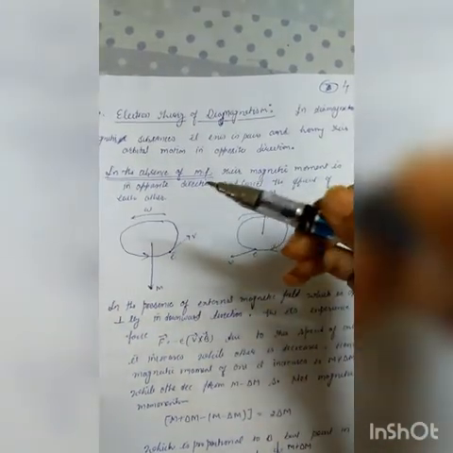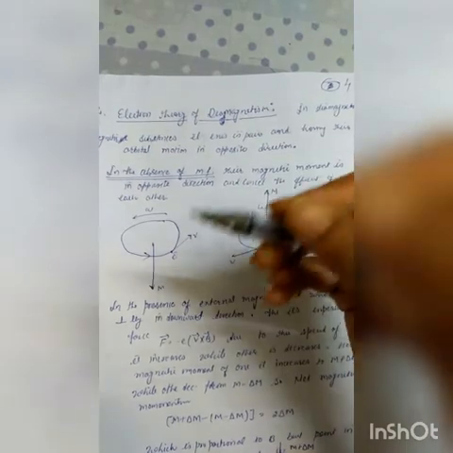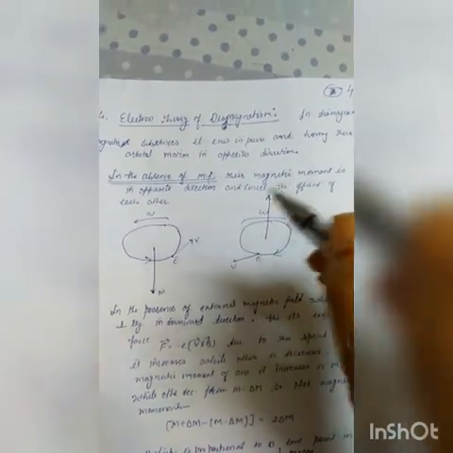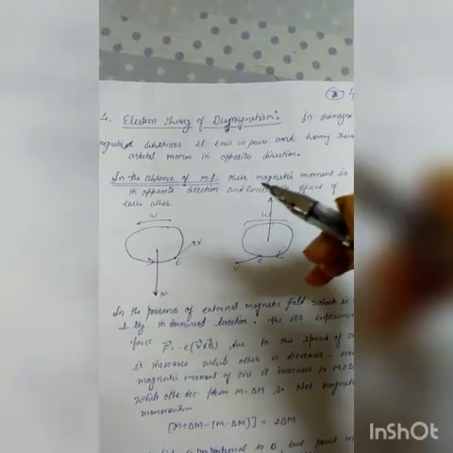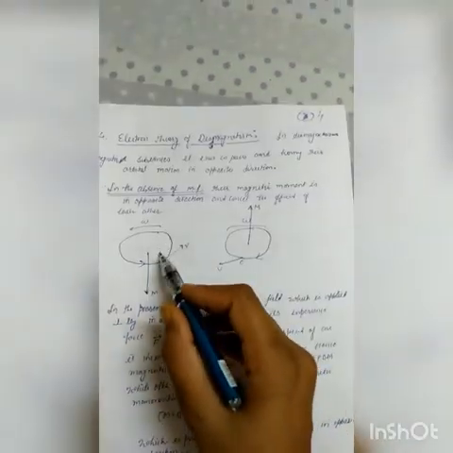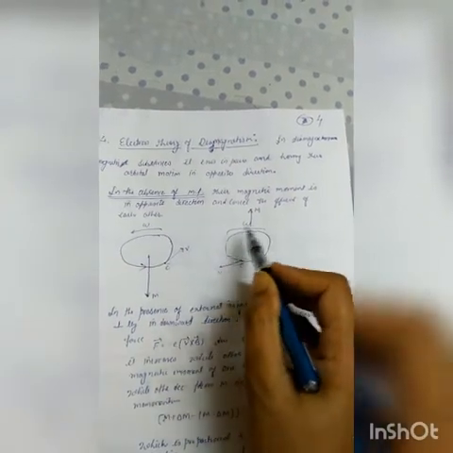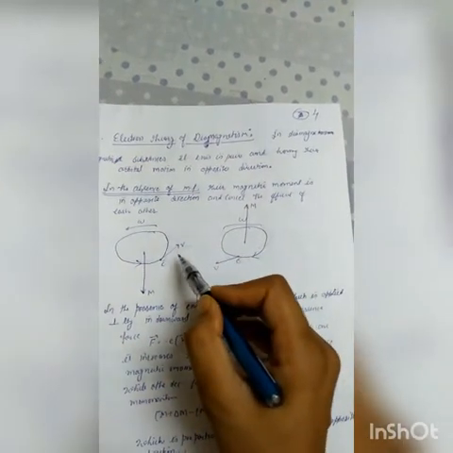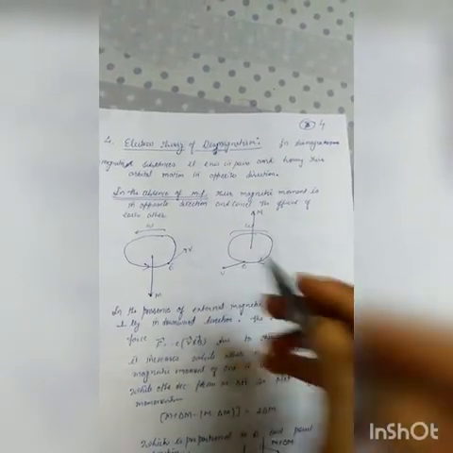Since both the electrons are moving opposite to each other, their magnetic moments are also opposite to each other and hence cancel the effect of each other. So the net magnetic moment in the absence of a magnetic field is zero. In the presence of an external magnetic field, this is the case. One is moving in an anti-clockwise direction and one is moving in a clockwise direction, with the velocity v, the speed being the same for both the electrons.